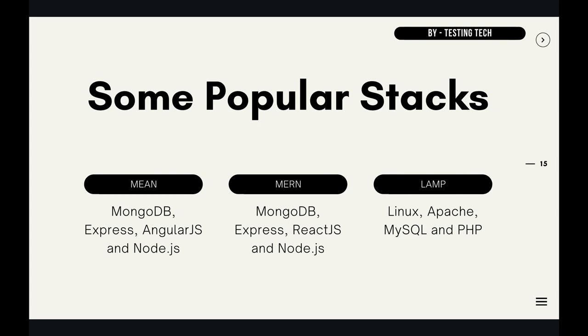MEAN stack application development is witnessing a growing trend in usage. MEAN is an abbreviation of M for MongoDB, that is a NoSQL database, E for Express, an easy to use, light and portable web programming framework, A stands for Angular.js, a robust framework for developing HTML5 and JavaScript web programs, and N for Node.js, a server-side JavaScript runtime. So this is the MEAN stack.